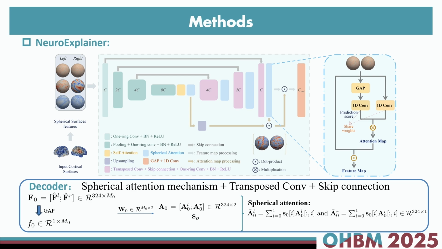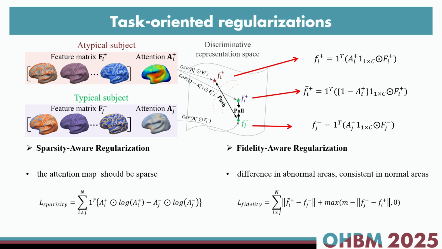First, take the left hemisphere and right hemisphere as vertex-level inputs. We use global average pooling to get the holistic feature vector. Then a shared 1D convolution maps to the attention, and hemisphere attention comes from the weighting. We also use skip connections and transposed convolution to push this coarse attention to higher resolution brain surfaces. Finally, combining fine-grained attention from low and high resolution, we use GAP again and a 1D convolution to get the classification results.